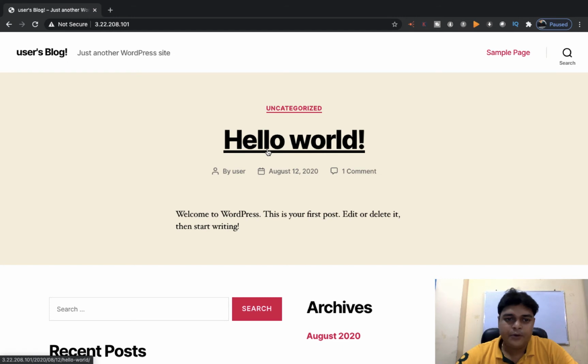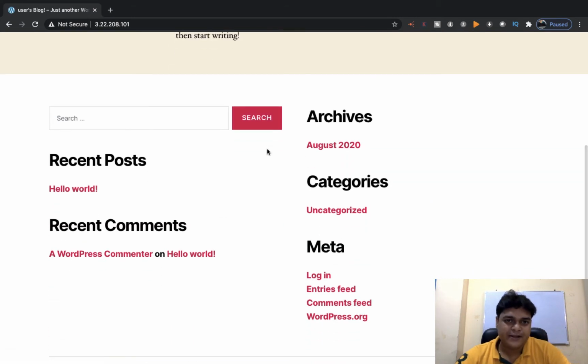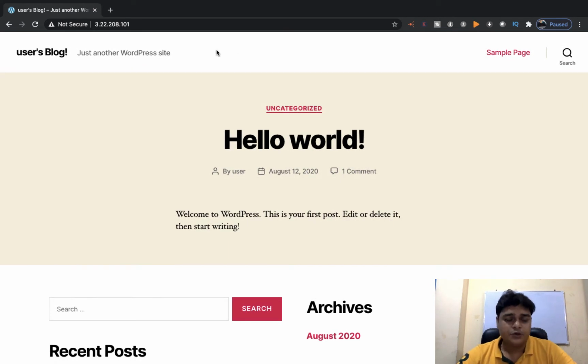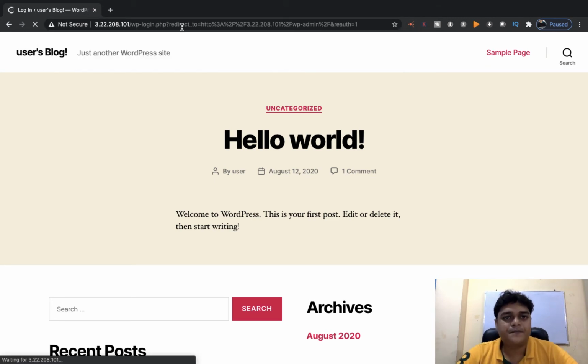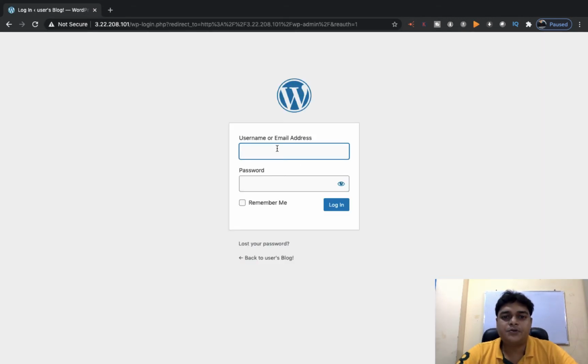Now we are able to get the information about the backend of our virtual machines. This is the panel of WordPress. So we need to just design our own website. So the question is how we can find the username and the password as well. So guys, you just need to use slash and type wp-admin. Press enter again. Now we have the option to enter your username and password.